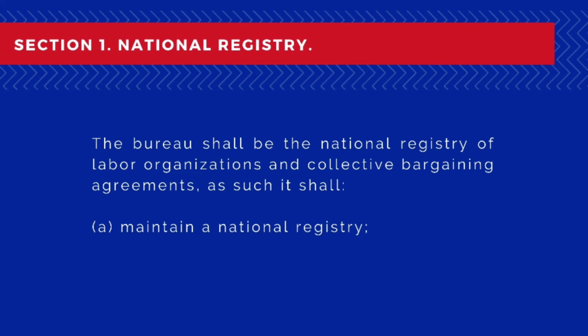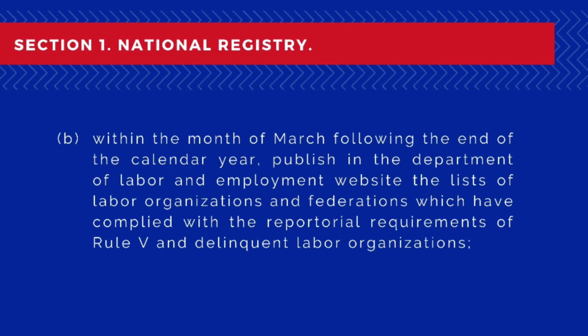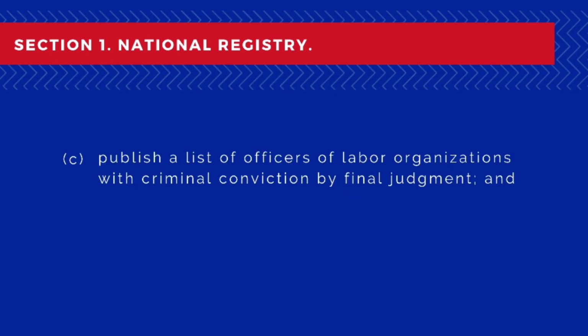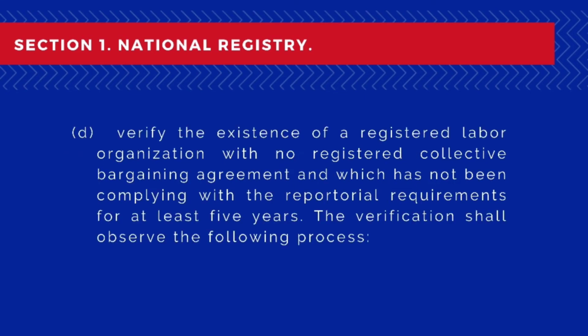it shall: A. Maintain a national registry. B. Within the month of March following the end of the calendar year, publish in the Department of Labor and Employment website the list of labor organizations and federations which have complied with the reportorial requirements of Rule 5, and delinquent labor organizations. C. Publish a list of officers of labor organizations with criminal conviction by final judgment, and